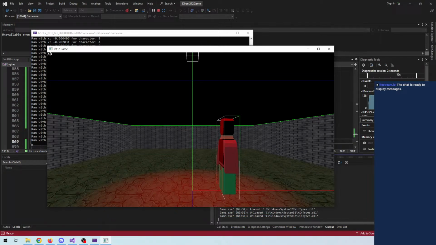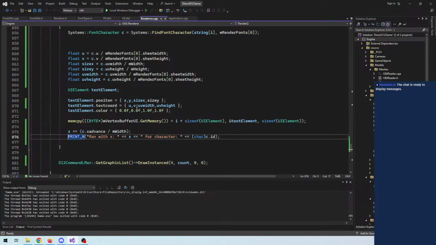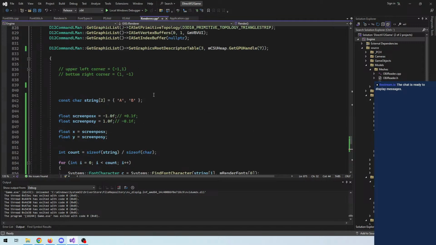There we go. There we go. So we have our AB here. We don't need to dump this anymore. And well, the last thing would be to